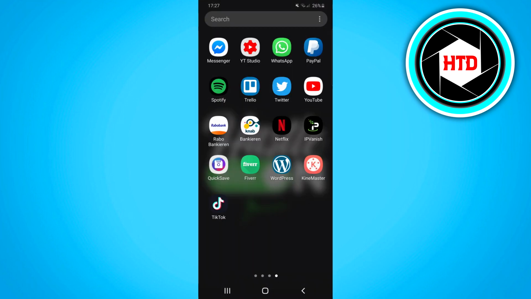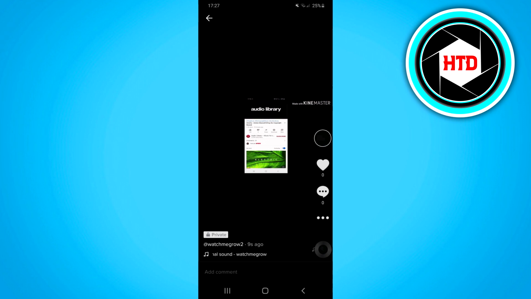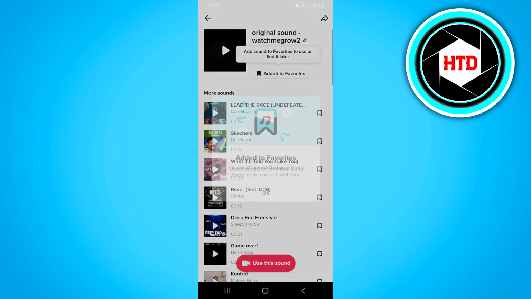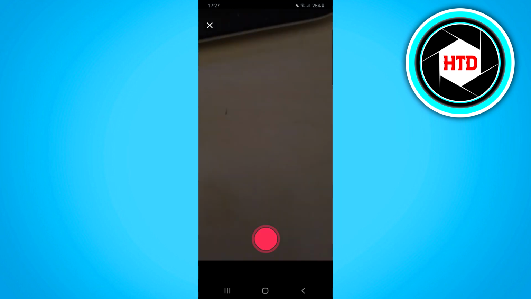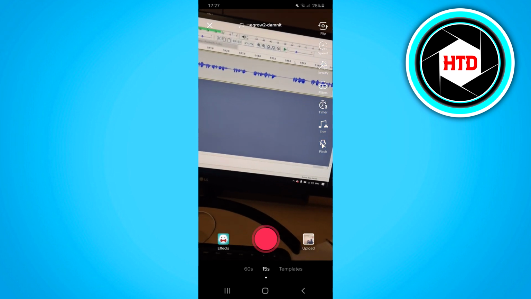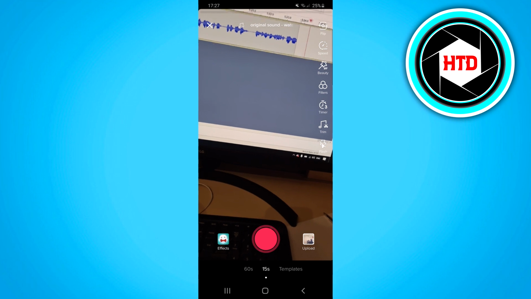Or I'm just going to close TikTok and open it again so that hopefully you can actually find the icon as well. So as you can see right there, I now have my own sound. If you click on the playing button at the bottom right corner, right there, you'll see original sound. Now all you need to do is click on add to favorites, click on OK, and then click on use this sound. Now by doing that, you can start creating your TikTok with these 3 songs into one song. You can do this with 5 songs, 10 sounds, whatever.